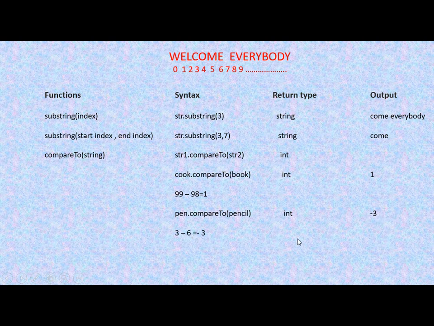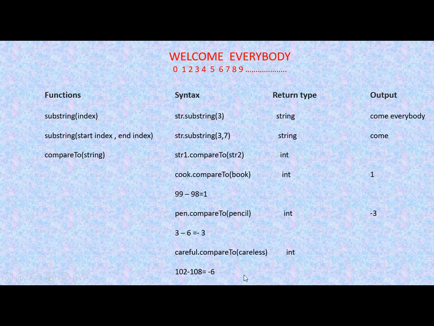Now one more example we will take. Suppose the first string is careful and the second string is careless. What will be the output for this? Here we can see that the first four characters are the same. The difference starts from here, F and here L. So our output will be the ASCII value of F minus L. The ASCII value of small f is 102 minus 108, the ASCII value of L, so this will give an output of minus 6.